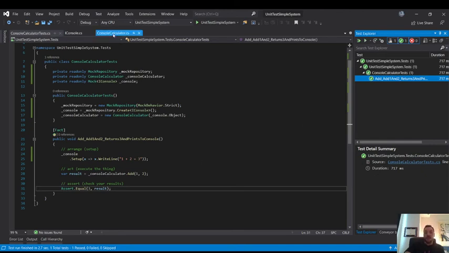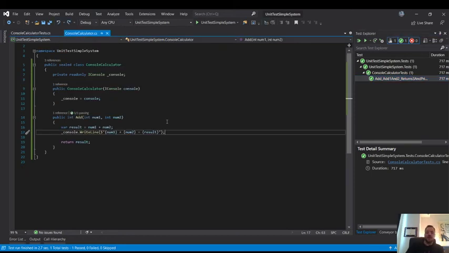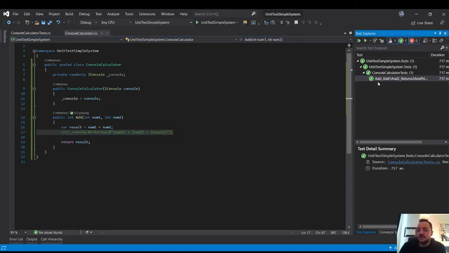We can try proving this other example from the beginning where we said, well, what happens when you or someone else is coming through your code and you're like, that's dumb, why do we have a WriteLine in here? Like, calculator should just return things. And I don't disagree, it's really weird to have a WriteLine in here, but this is a console calculator, and its requirement is it's supposed to output to the console. If we go run this test now, should it pass or fail? It passes. So, oh no, we didn't solve the problem that we wanted to solve,